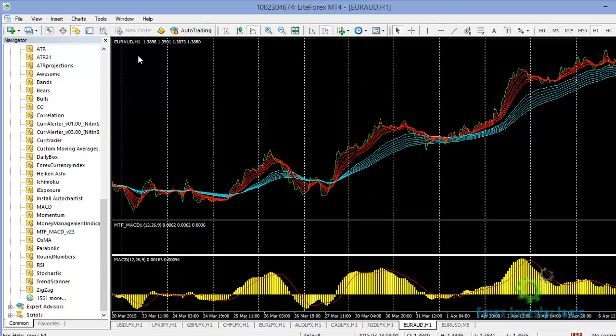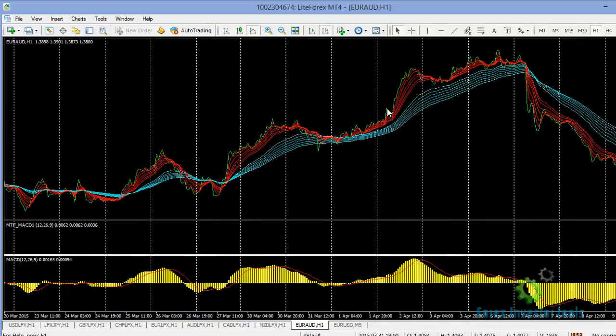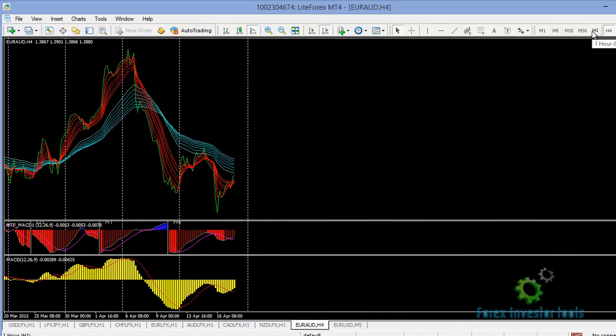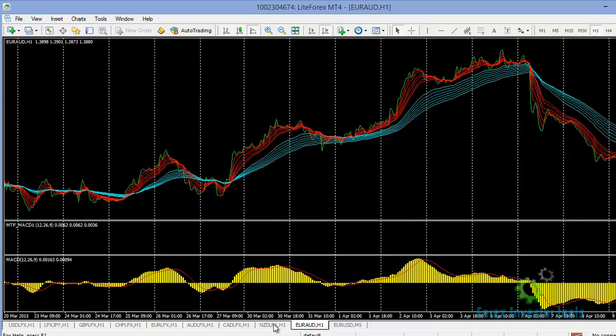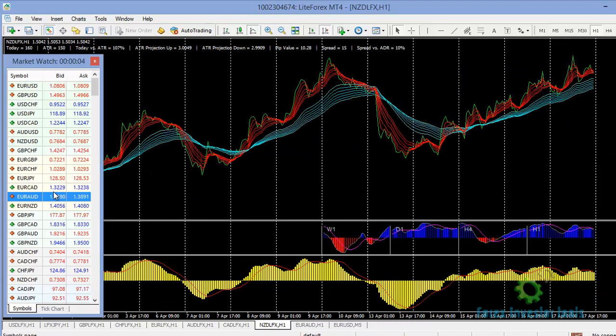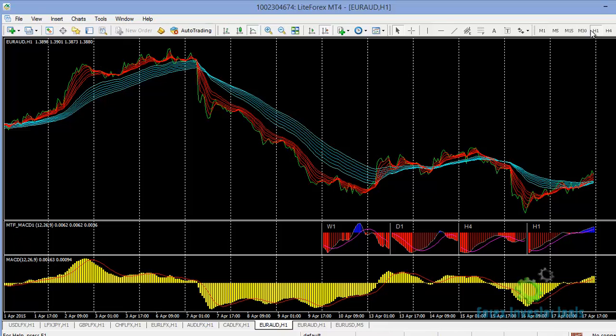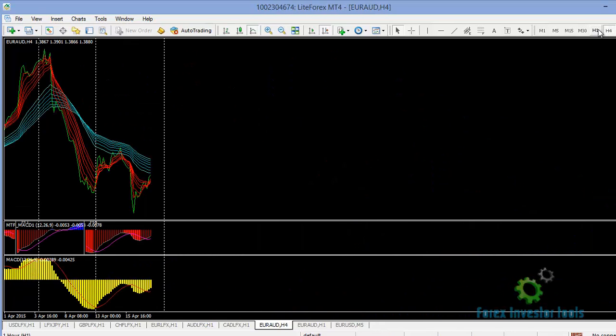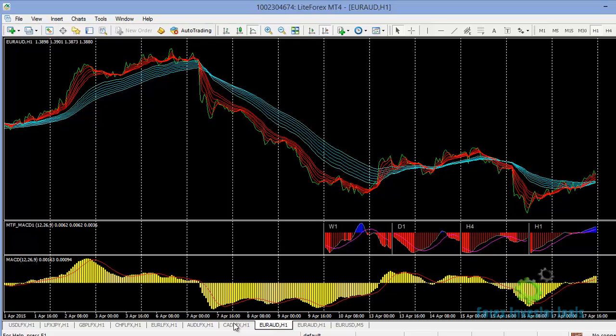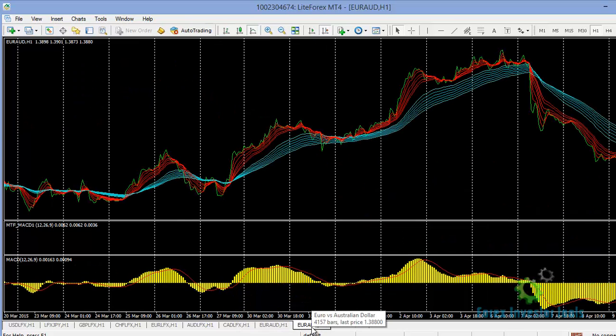Let me pull up Euro AUD on this chart here. I don't think the indicator is pulling up. Maybe because I don't have a connection at this point, but nevertheless,